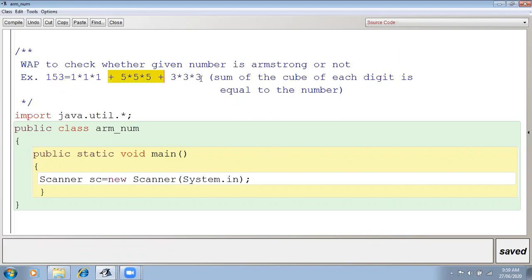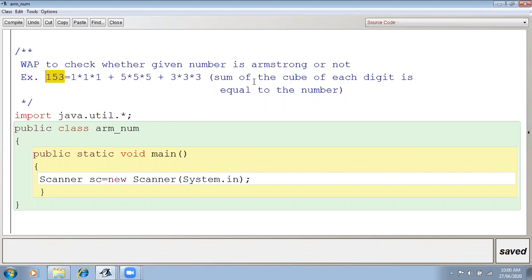Then if the result is the same as the given number, the inputted number, then this number will be your Armstrong number. I hope the definition is clear. Sum of the cube of each digit is equal to the number. If I'm taking 153, I will calculate the cube of 1, plus the cube of 5, plus the cube of 3.